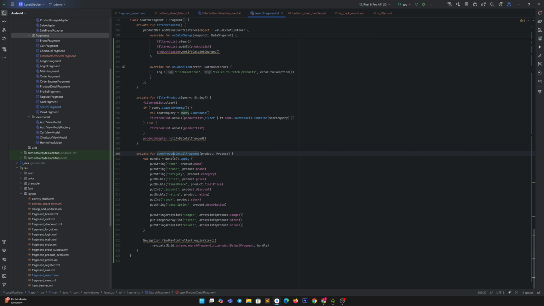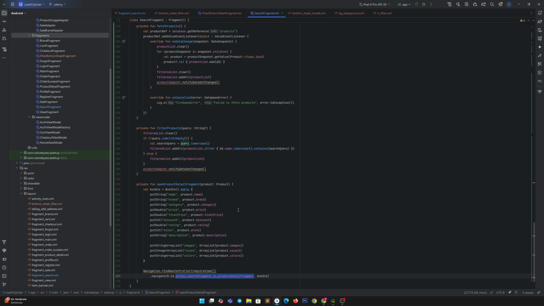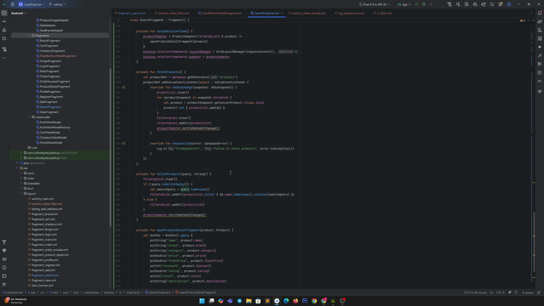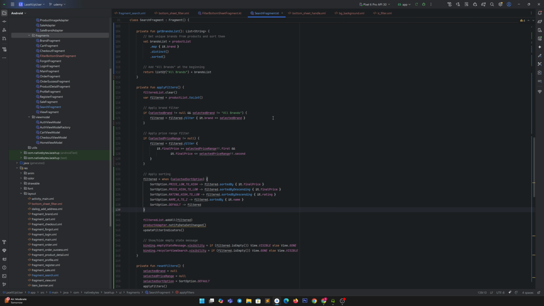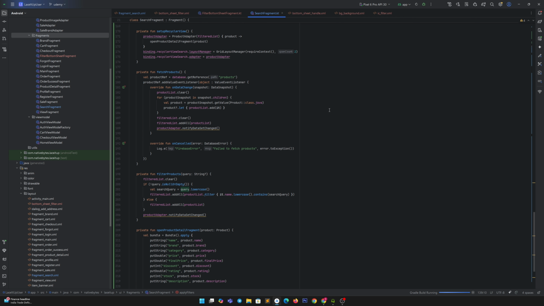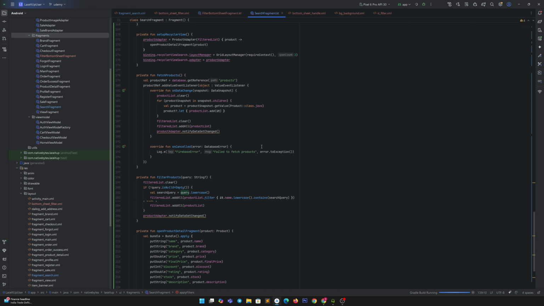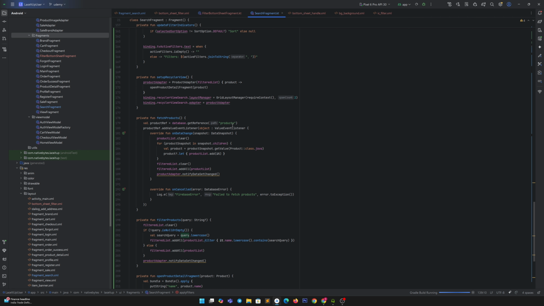All right. This opens the product detail fragment, whenever the user taps on any product search item or clicks on any product in the search fragment, the user should navigate to the product detail fragment from the search fragment. So we have successfully completed all the logic for the search fragment. Now we will run it in the emulator and see the output. Yeah, I understand the logic is very huge.